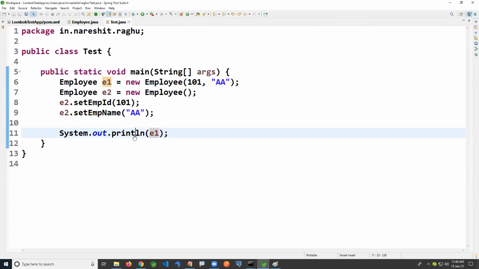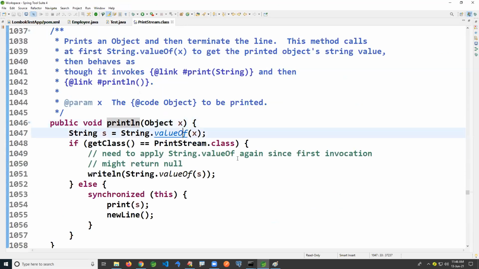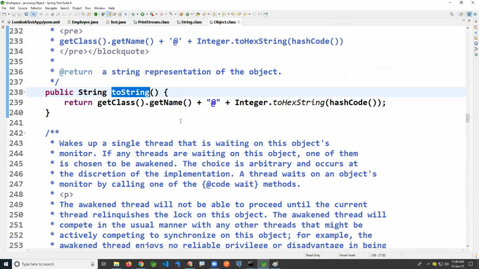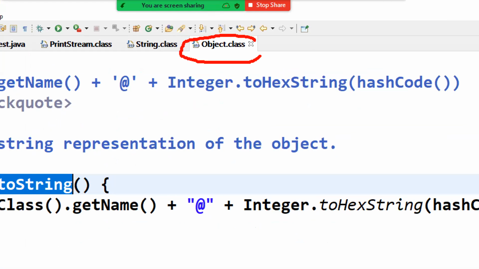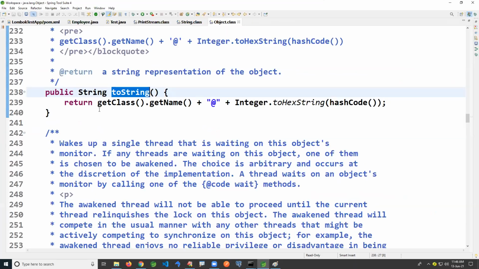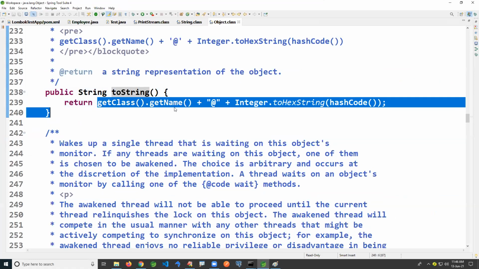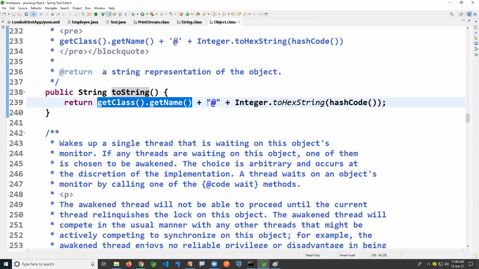So where is the toString method? This toString method, again Control plus mouse click, is available in the java.lang.Object class. What is this toString printing? It is taking the fully qualified class name, the @ symbol, reading the hash code, converting into hexadecimal format.